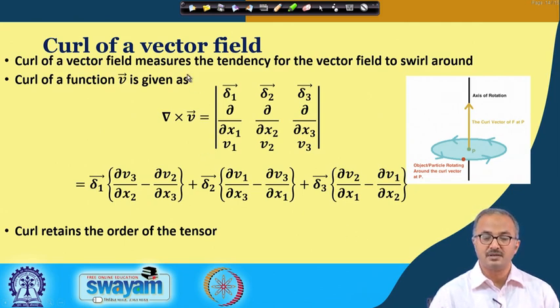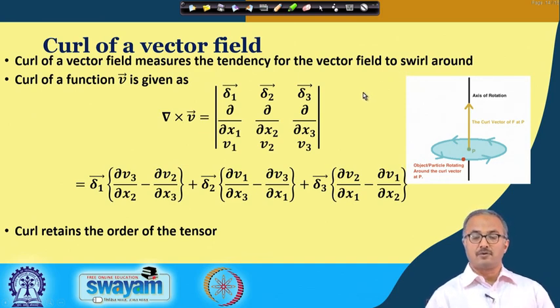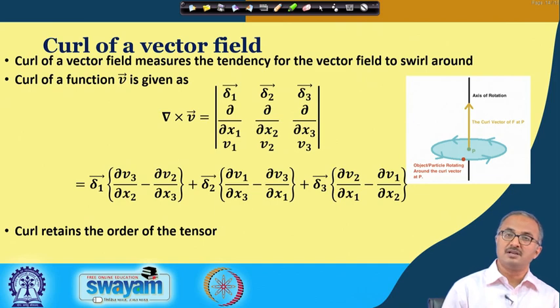And lastly, we have the curl of a vector. Curl generally gives the tendency of a vector field to swirl. For example, if we talk of the velocity, then the curl of velocity decides whether we have a swirl in the flow domain or not. So we call it rotational flow or irrotational flow, depending on whether the curl of the velocity is 0 or not 0.